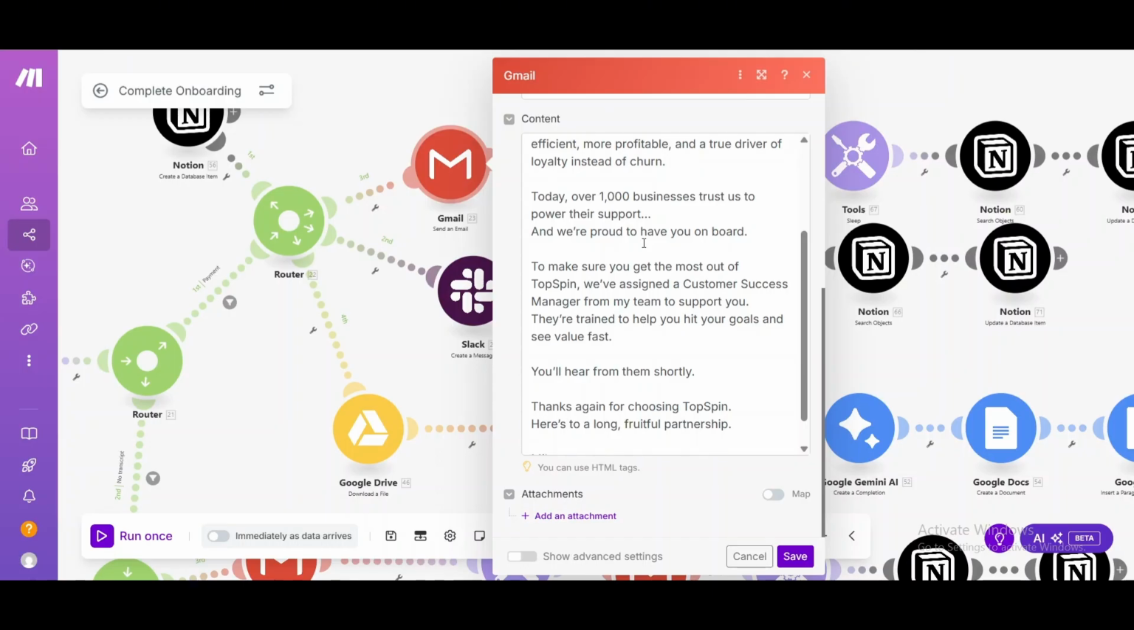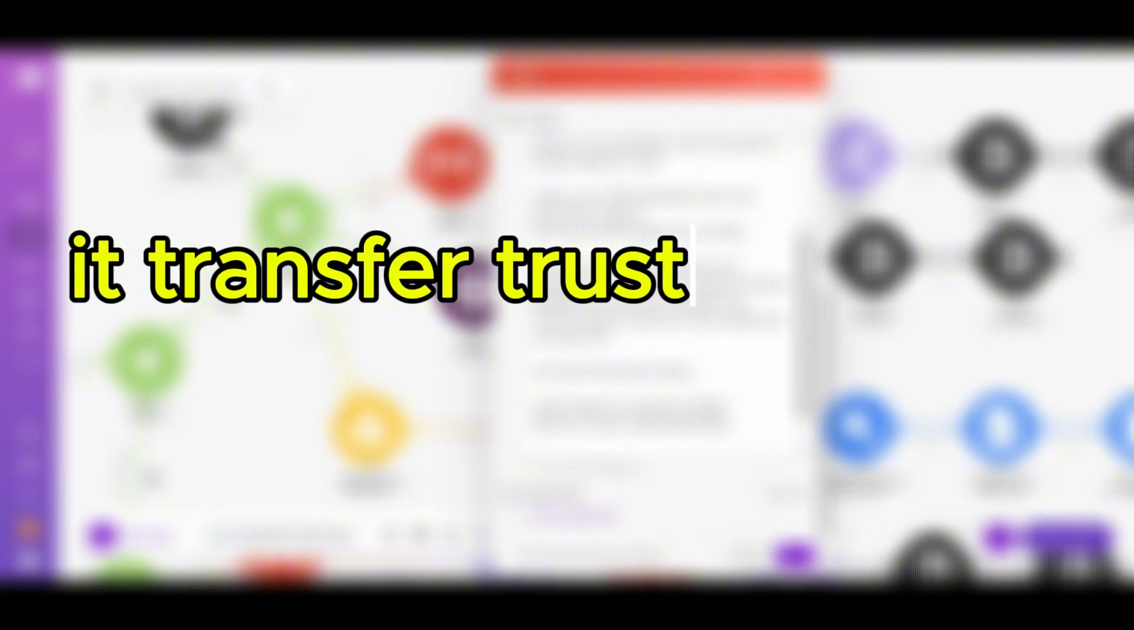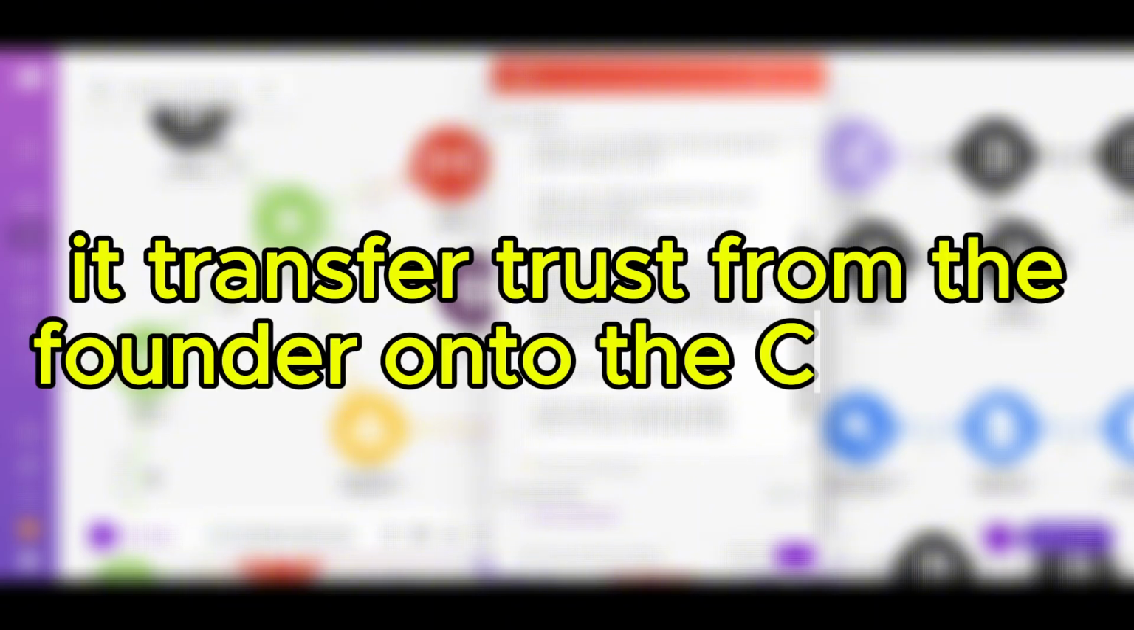The next thing it provides is the feeling of exclusivity. The fact that they are receiving an email from the founder makes them feel special, right? Exclusive. Oh wow, the founder sent me an email, right? So that's another thing it does. And the most important thing it actually does is that it transfers trust from the founder onto the customer success